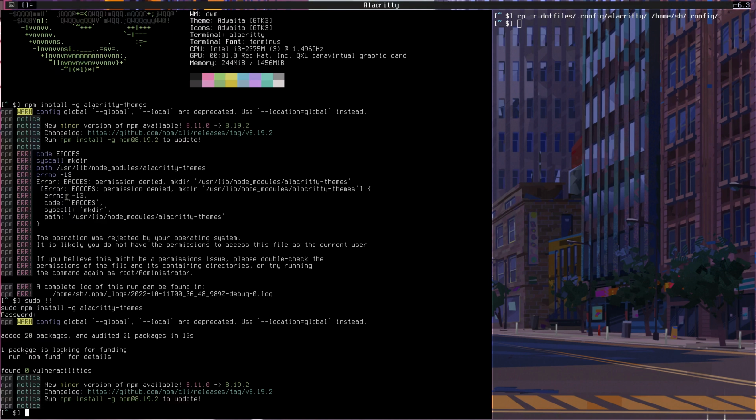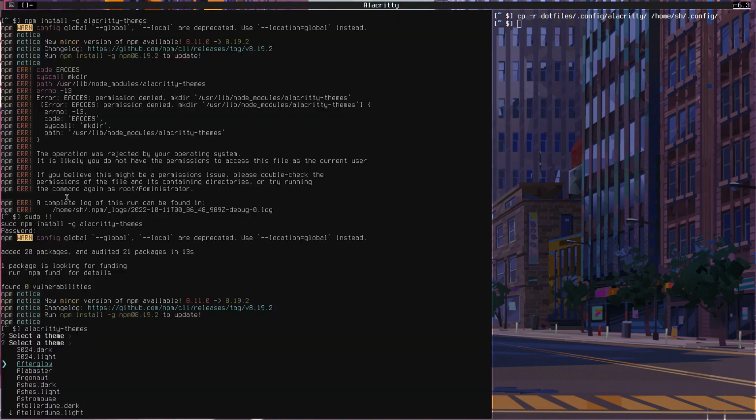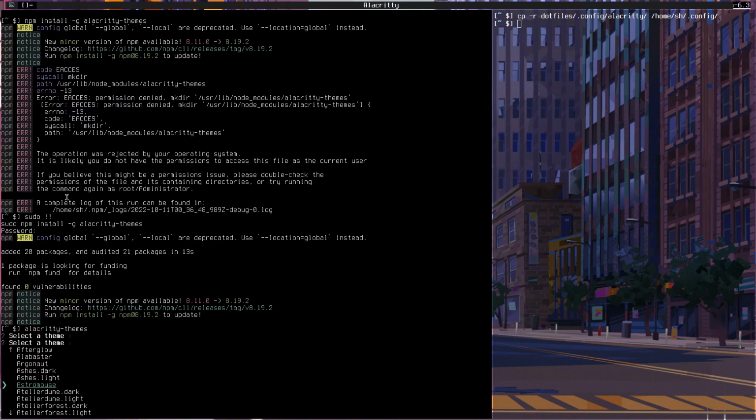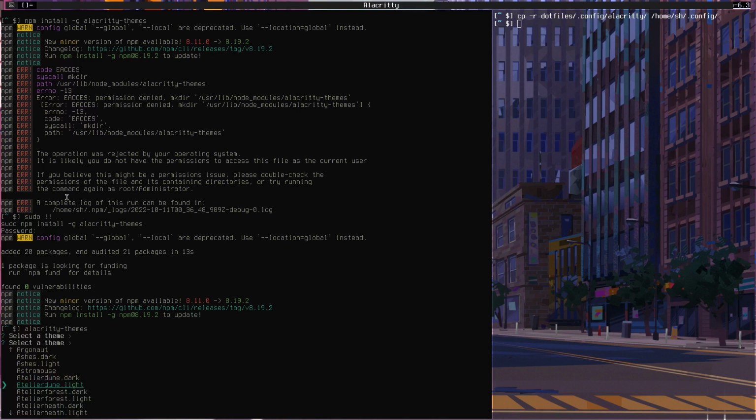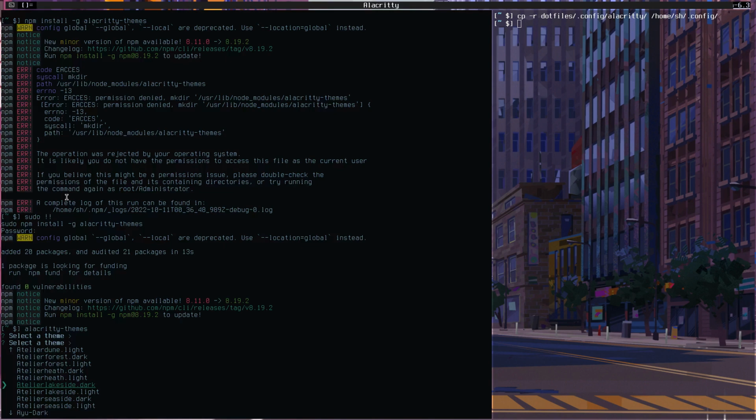Now to set up any theme for alacritty, just type alacritty-themes, and you select which one you want to use. You can just go with the arrow keys, go down, and go down. If you like some theme, you just hit enter, and that will get set up. Let's choose this one. Okay, as you can see here, the theme